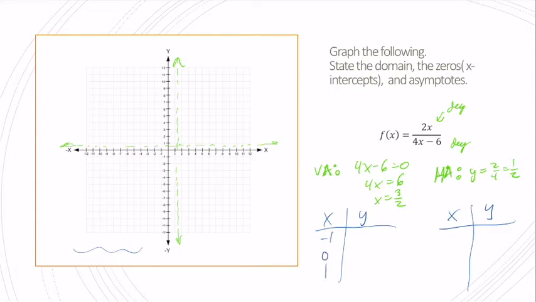On the right, I'm going to pick 2, 3, and 4. So 2 times -1, I'm plugging it into my function. 2 times -1 over 4 times -1 minus 6. That gives me -2 over -4 minus 6, -10. So I get a positive 1/5. Cool. So when x is -1, y is positive